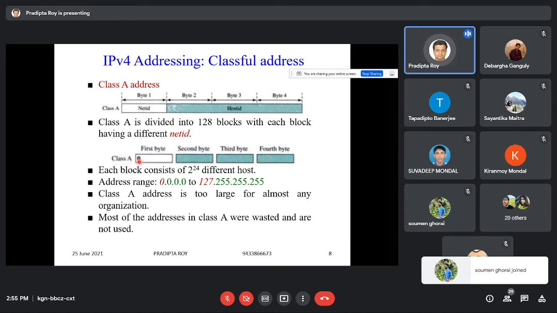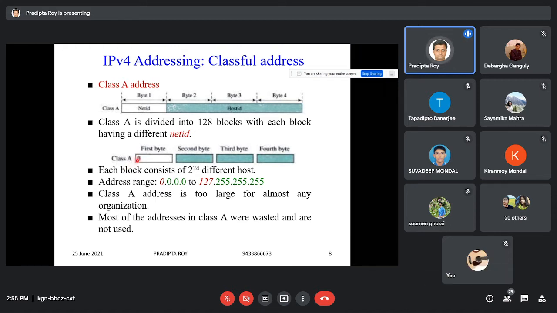ফার্স্ট বিটটা আমি 1 বসাতে পারছি না, কারণ ফার্স্ট বিট বাই ডিফল্ট ভ্যালু 0। তাহলে বাকি 31 খানা লোকেশন আমি ফিল আপ করে দেবো অল 1 দিয়ে। তাই যদি করে দিই তাহলে ফার্স্ট octet value will be 127, that is shown with red color. Then the next 3 octet values will be 255 each. So this is the last value of the class A address,